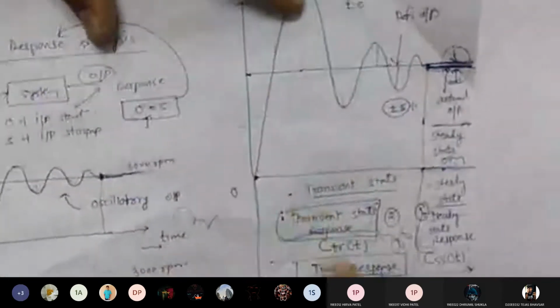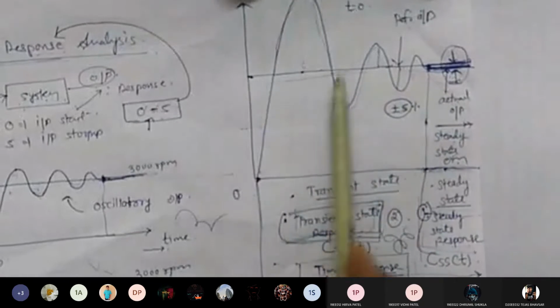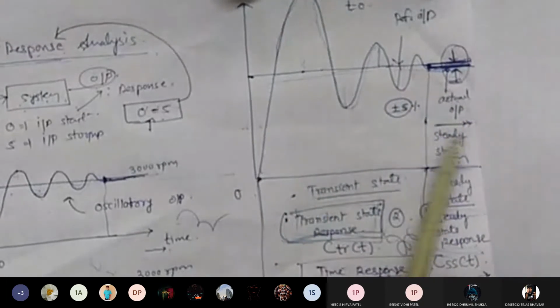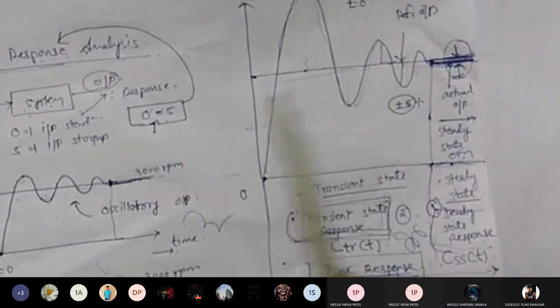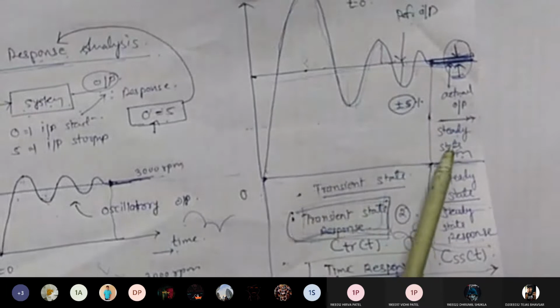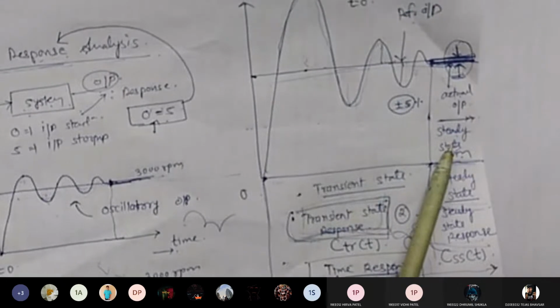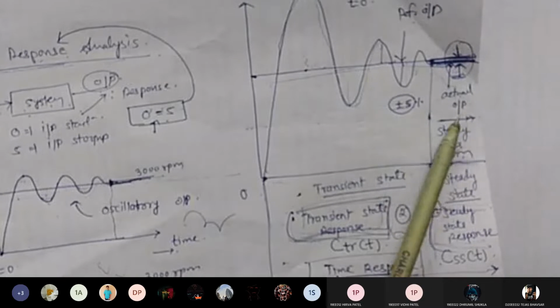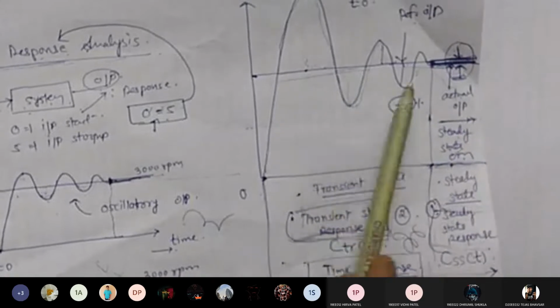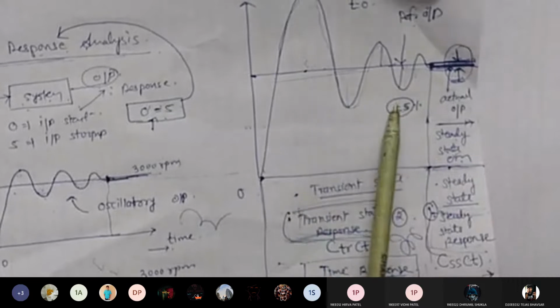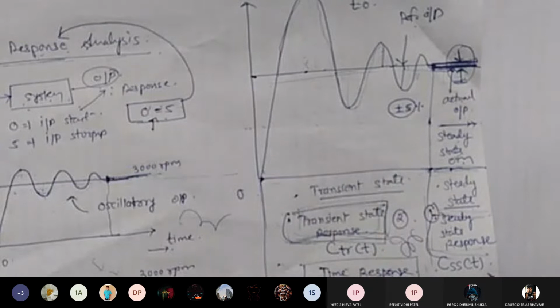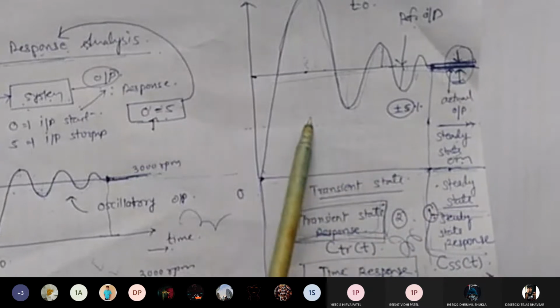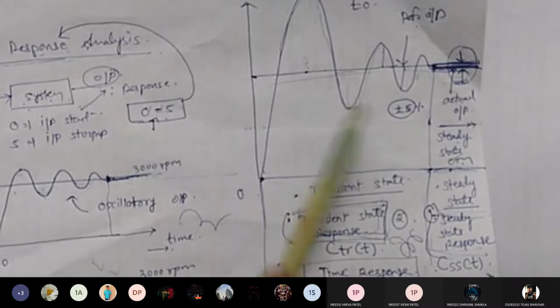So far what we have discussed, our main criteria is this graph only. We want to examine this part. First part is the steady state error part, and the second part is your transient response. For the steady state error part, we have taken type 0, type 1, type 2 systems and step input, ramp input and parabolic input, and we have found steady state error. In the second part, we have gone for transient response analysis. We have taken first order system, in which we have given step input, ramp input and impulse input. Then we have taken second order system and we have applied the step input.